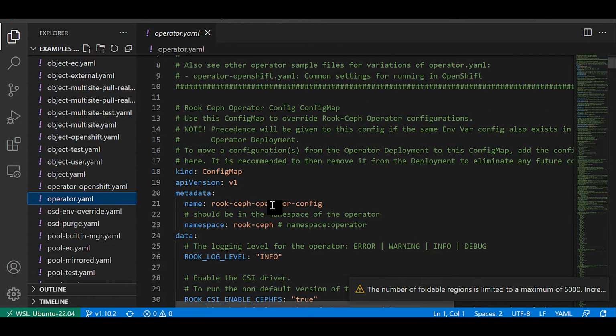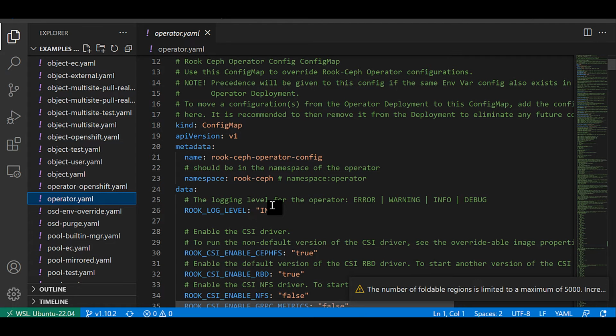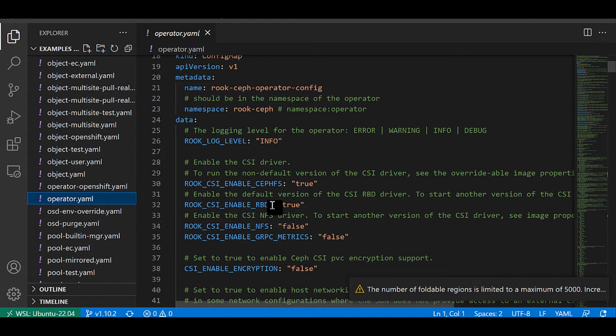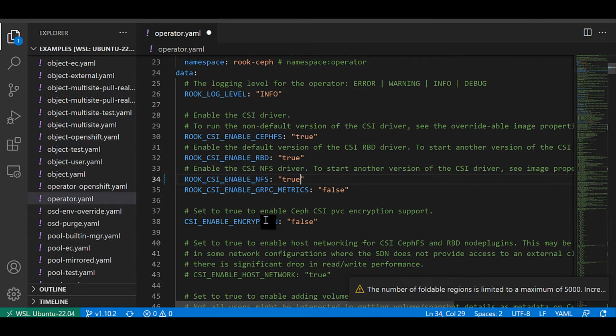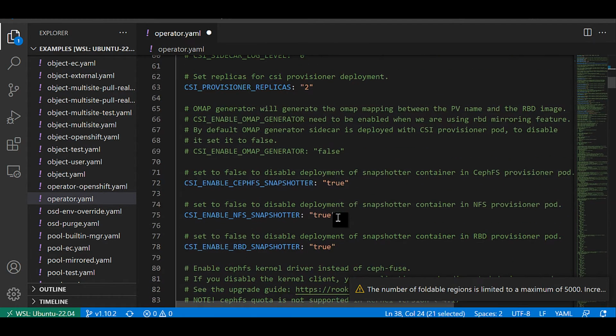We'll see what the operator is doing. operator.yaml uses the operator pattern. So they install one operator, and from the operator we install the Ceph storage. So the operator we can modify. Now the recent Ceph versions provide an inbuilt NFS server. If you want it, you can enable it; by default it's no. Otherwise we can leave it disabled. Ceph also provides encryption, so all the persistent volumes will be encrypted. But if you enable it, you need a key management system like HashiCorp Vault configured. I don't want that part, so leave it as it is.